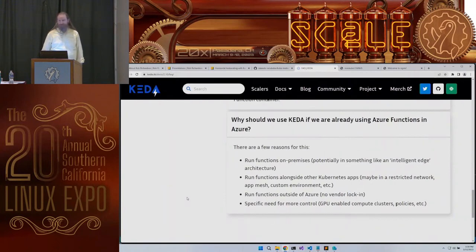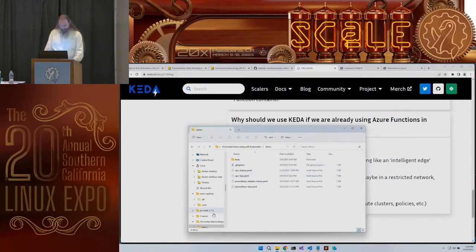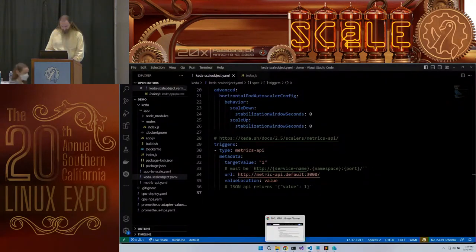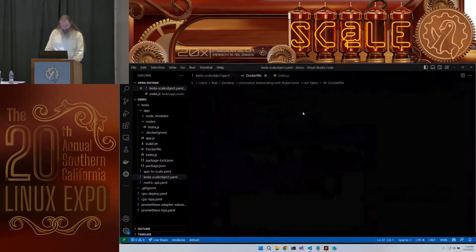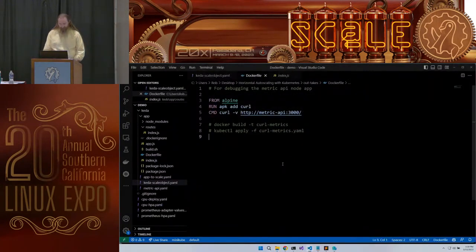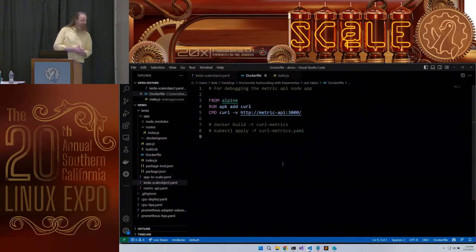Great question. How do you debug when your scaling hasn't worked? Like, are there traces? Is there any other way to catch it? Good question. So how do I debug when my scaling doesn't work? Well, I actually built a cool thing here as I was futzing with it. I wasn't sure if I was getting the metrics out of my system, so I built this really stupid container that went and queried my metrics too.